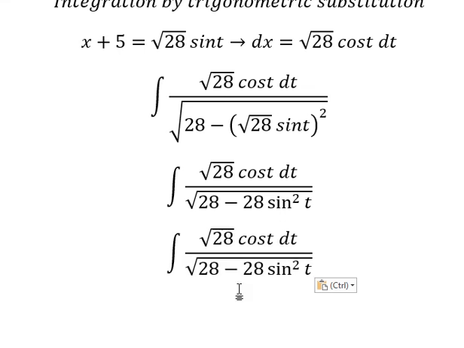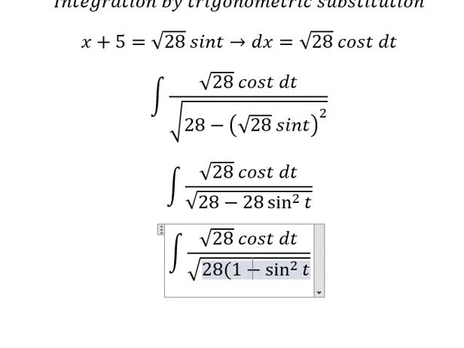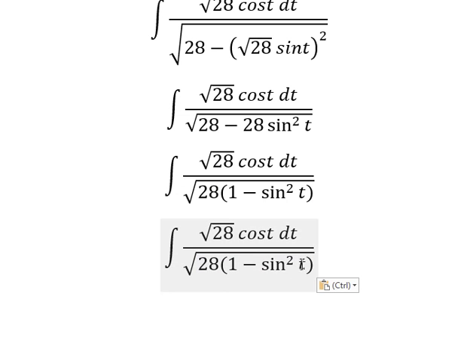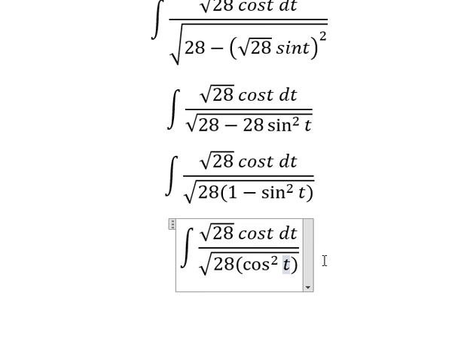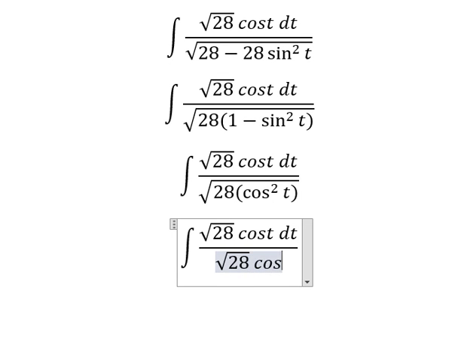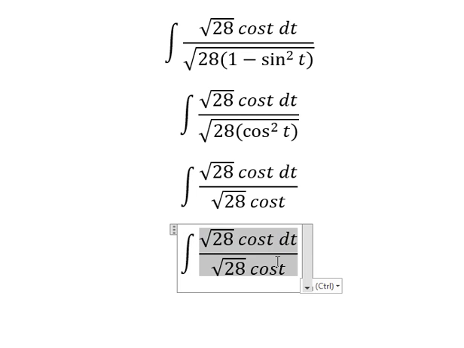Number 28, we can do about factorization. And this one that is about cosine t square. The square root of this one, we have cosine t. And now we simplify